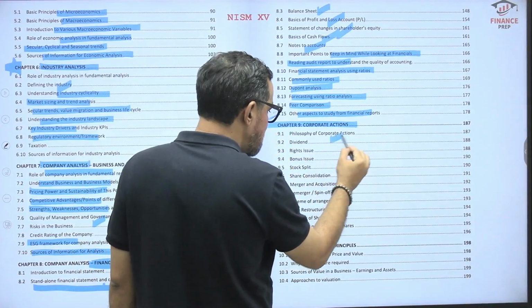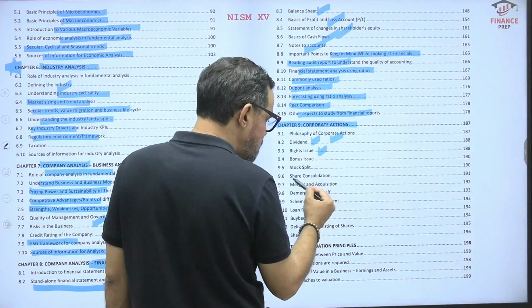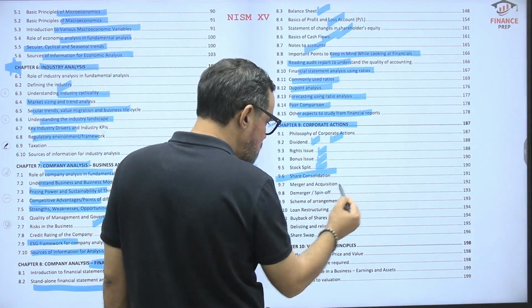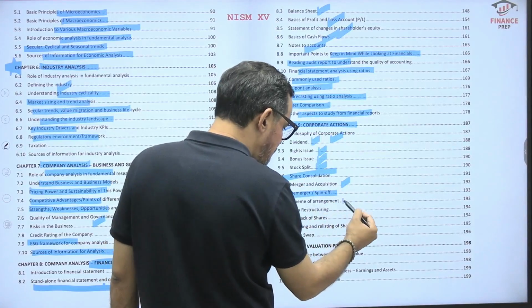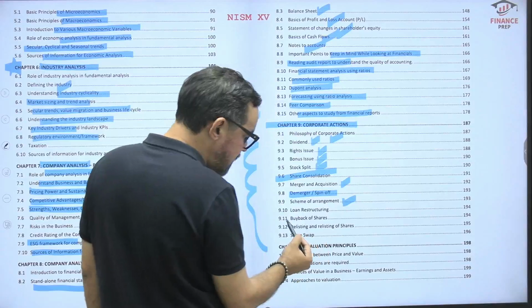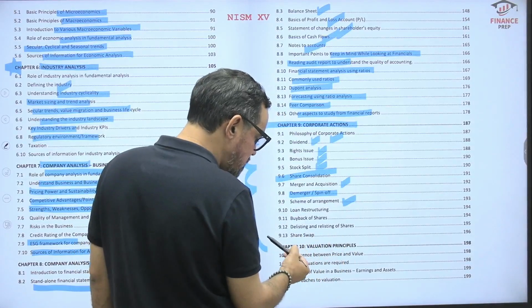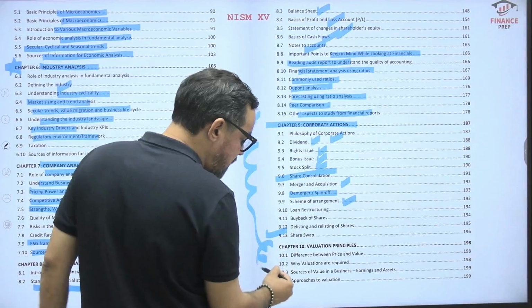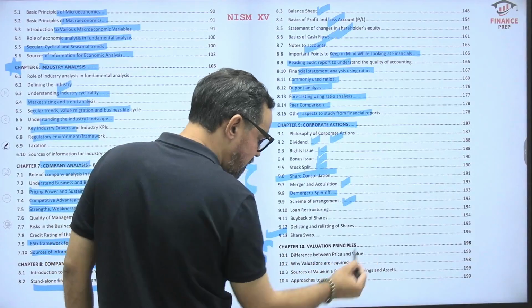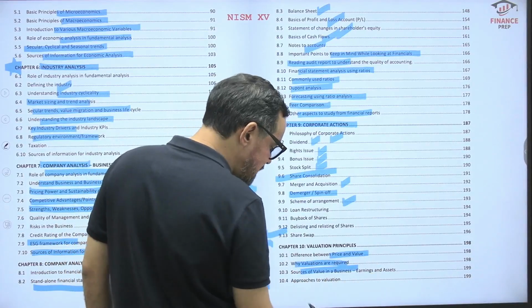Philosophy of corporate action, dividend, rights issue, bonus shares, stock split. Then we have share consolidation, merger and acquisition, demerger, spin-off, scheme of arrangement. Then we have loan restructuring, buyback. Then we have delisting and relisting of shares and share swap. Again, very interesting one. Then valuation principles, different price and value, valuation and required source, value of business and